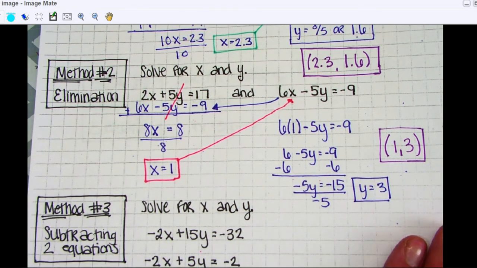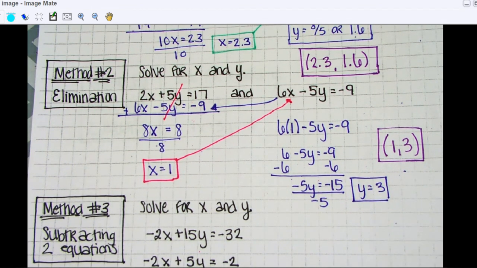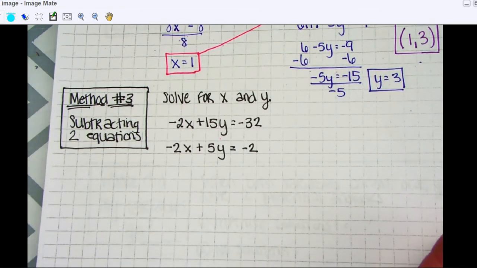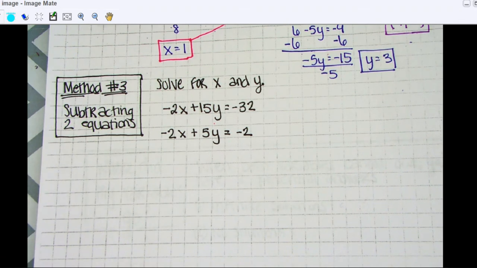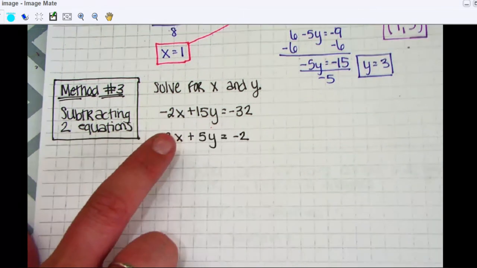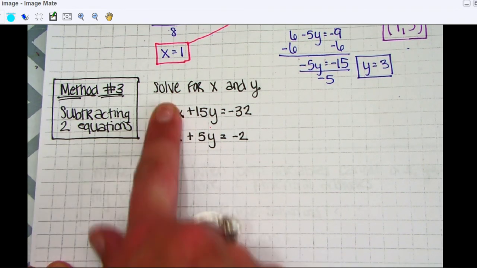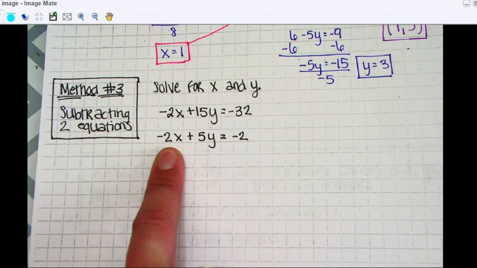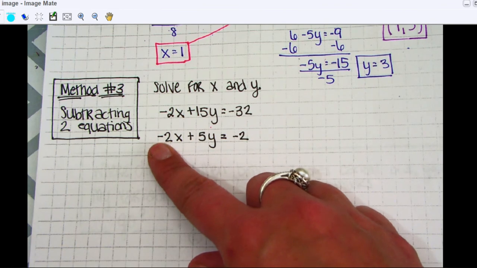So we've got substitution where we solve for a variable and then sub it in. We have elimination where we stack them up and cross one out. And then we have subtracting two equations. The way that you would know that you would want to subtract equations is looking at your variables and noticing that you have a variable that has the same coefficient. So we've got negative 2x plus 15y equals negative 32, and negative 2x plus 5y equals negative 2. So we can see right here that we have potential for elimination. But I can't just cross these out because negative 2 plus negative 2 is negative 4. So I can't just cross it out, which means I'm going to